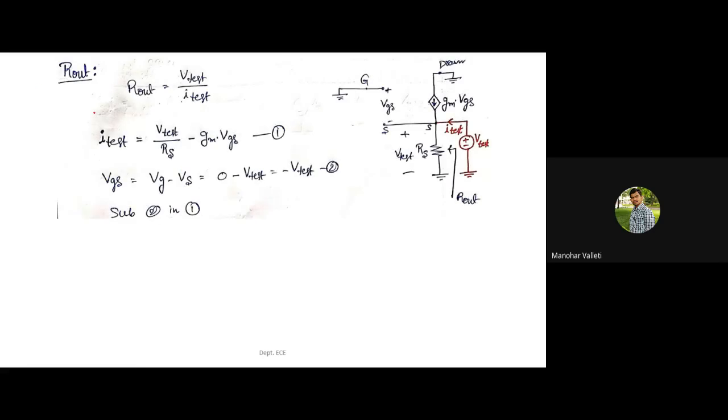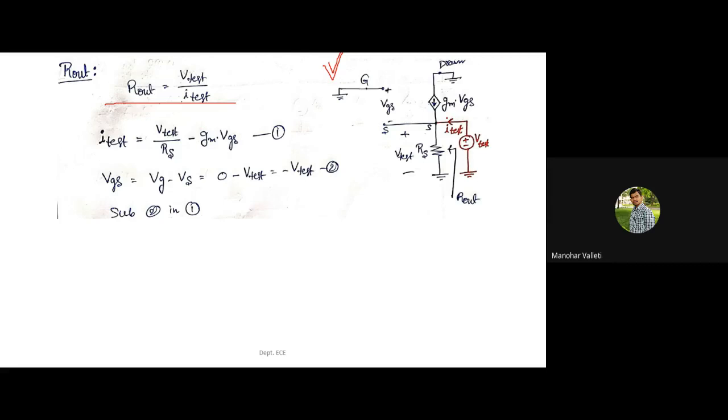Same way, output resistance. When you are finding output resistance, input has to be short circuited and all the voltages have to be short circuited, right? So this is the equivalent circuit to find out R out. In the same way as we applied the concept for input resistance, we will follow the same for the output resistance also. So we'll apply some test voltage, and that will try to flow some test current inside the circuit. Finally, if you find V test by I test, it will give me R out.